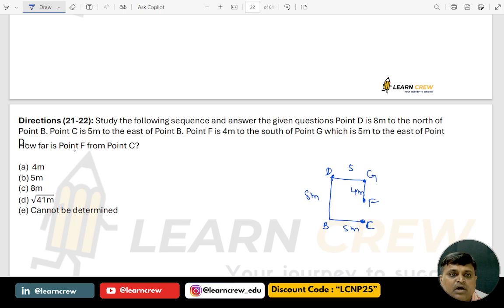Now the question is, how far is point F from C? So point F from C is how much? This total is 8, so it will be 4. So the answer is 4 meters. It's an easy question. Next